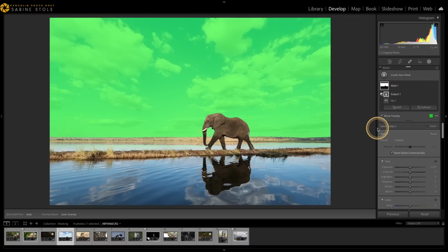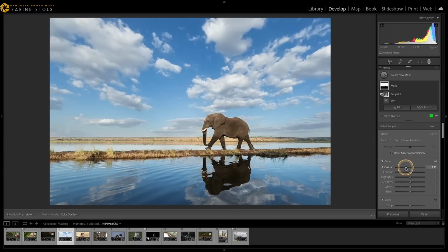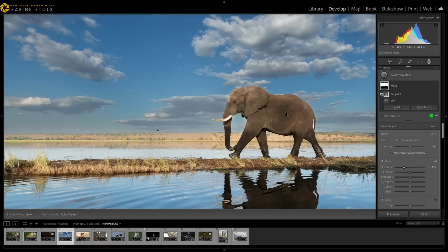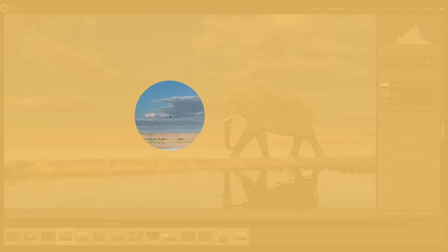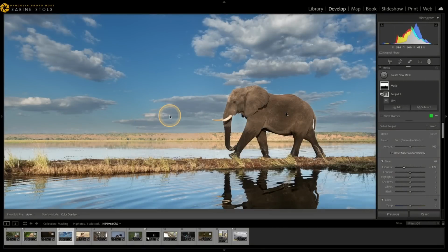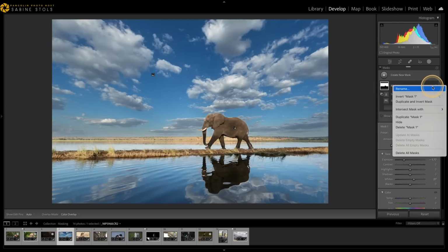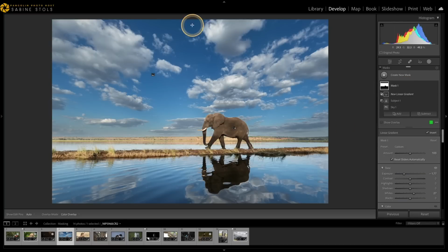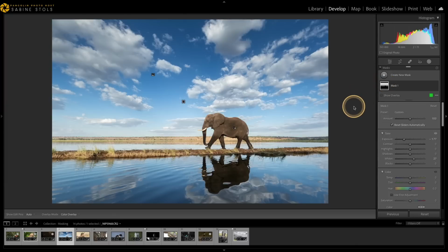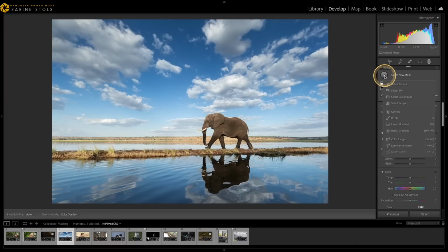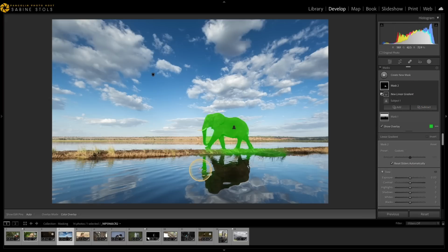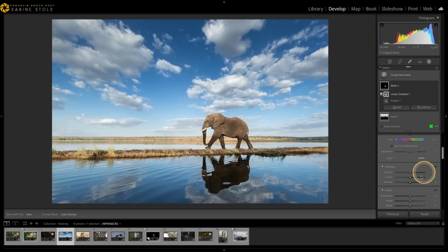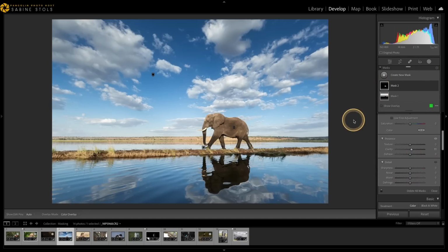I often see that people lower the exposure on the entire sky mask like that, but I found that this can create a hard and unnatural contrast between sky and horizon, as well as between sky and animal. For a more natural look, I intersect the sky mask with a linear gradient, letting the effect fade towards the horizon line and subject. In addition, I will add a subject mask and subtract this area via a linear gradient to refine the elephant. Now I increase exposure, contrast, whites and clarity to make the elephant stand out a little